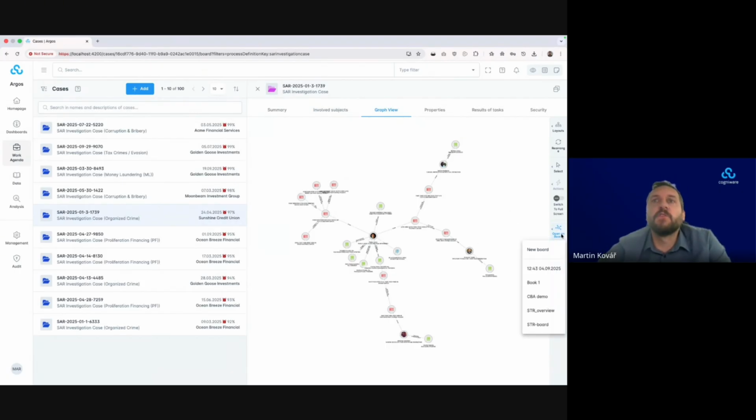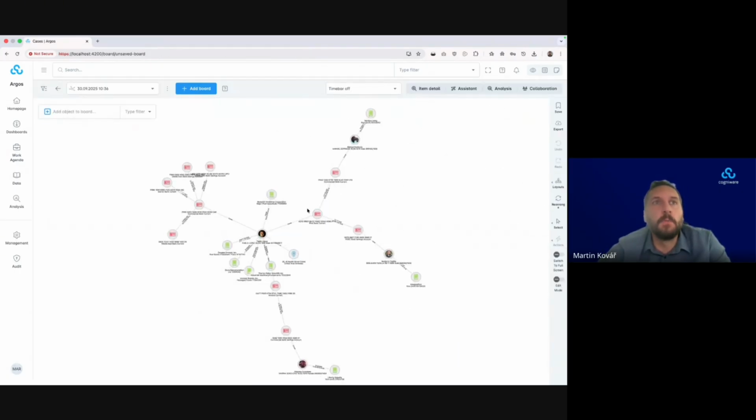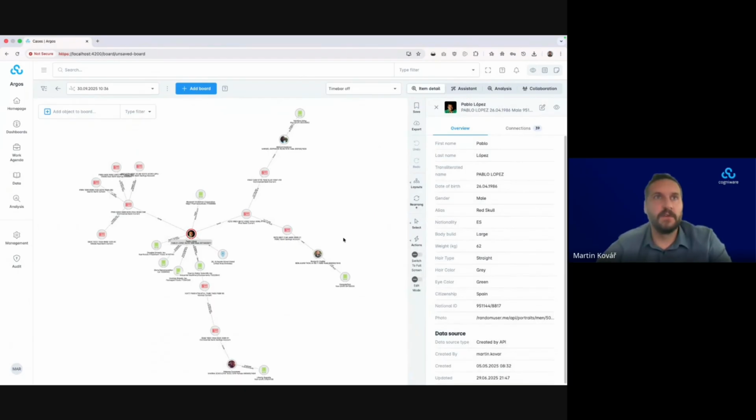And you can further work with those by opening them on an interactive visual canvas, which allows you to go even beyond the STR data, because what we are providing is the central knowledge base, which you can populate with any data you wish. So you have a lot of STR reports, and the data are correlated into one place. So if there are any bank accounts mentioned in multiple STRs, they will be shown immediately.